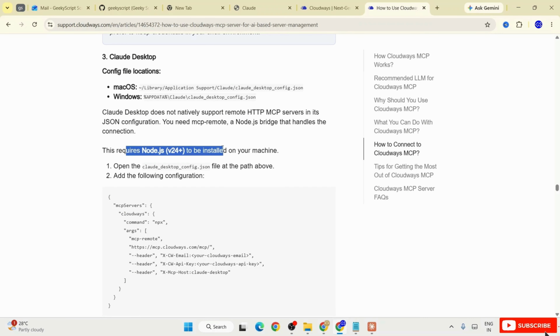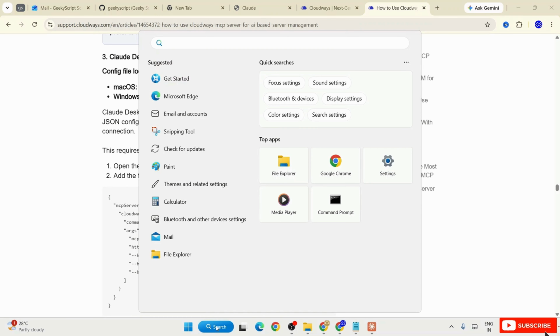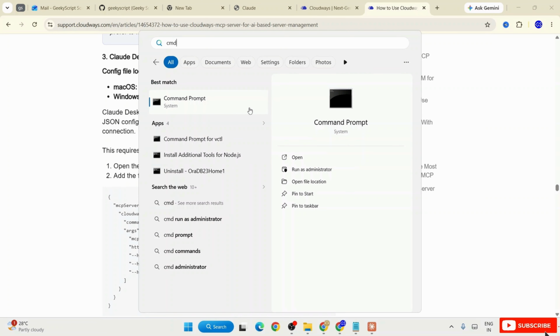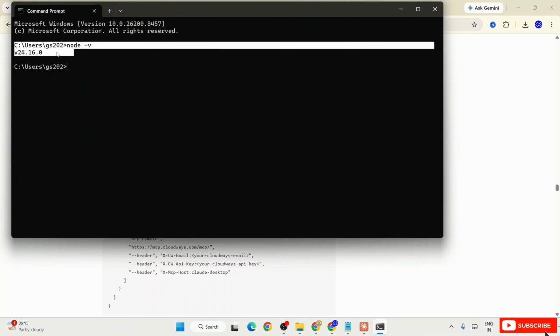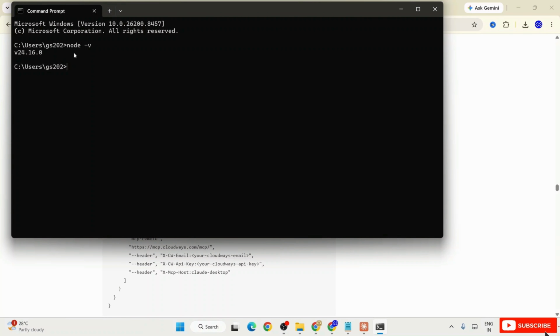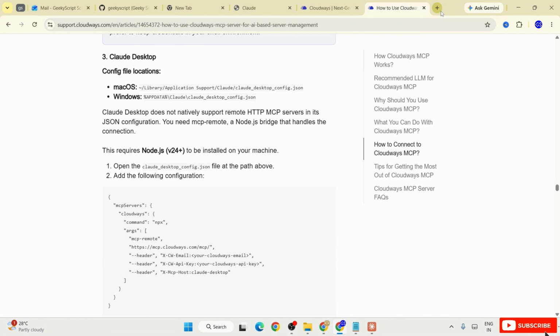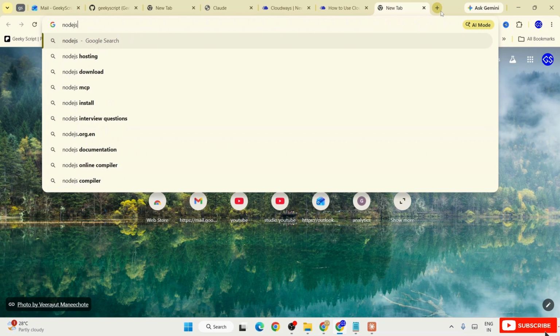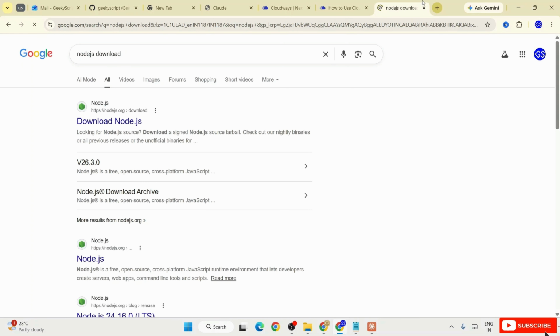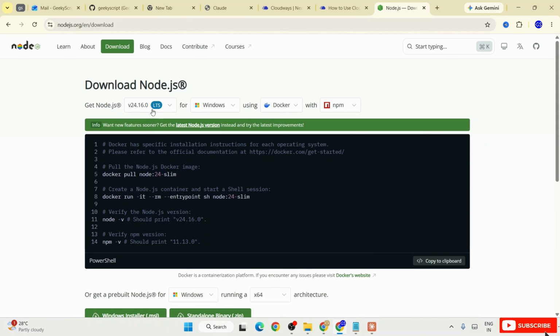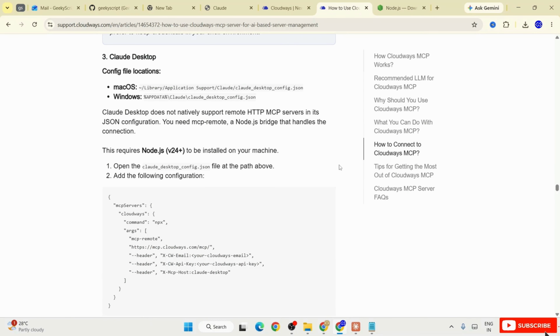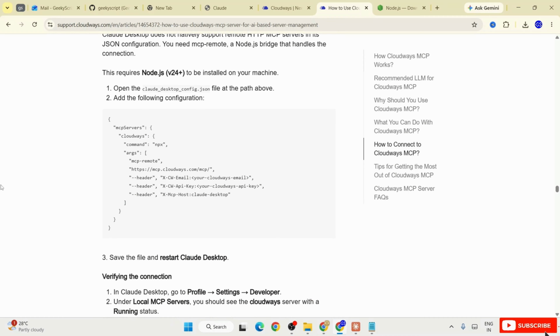So you can see this also requires Node.js to be installed on our system. You can verify that by just simply going to search and typing cmd to open your command prompt and simply type over here node -v. And you can see my latest Node.js is installed. So this is the LTS edition. If you don't have it, you can easily download it by simply searching here, Node.js download. And you can go to the official site of Node.js and install their latest LTS version. So once you have Node.js installed and you verify that,